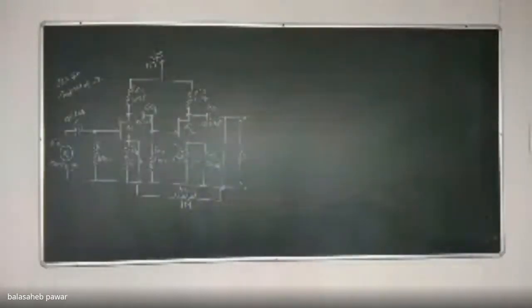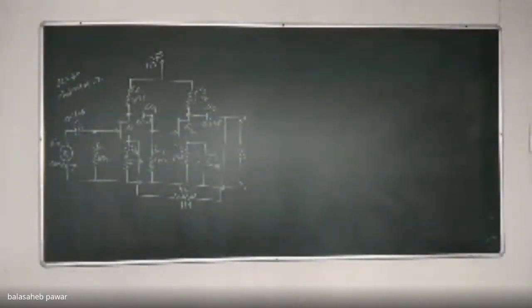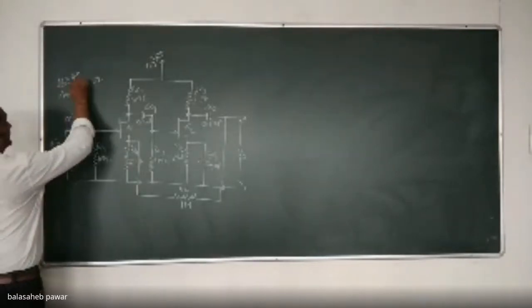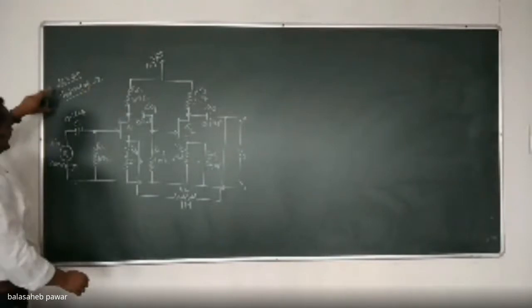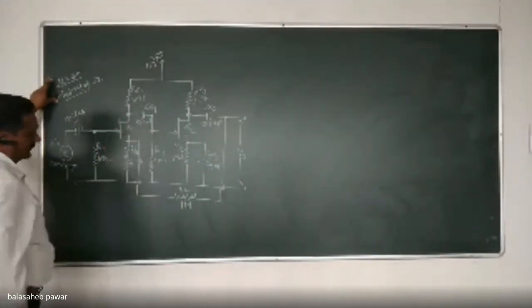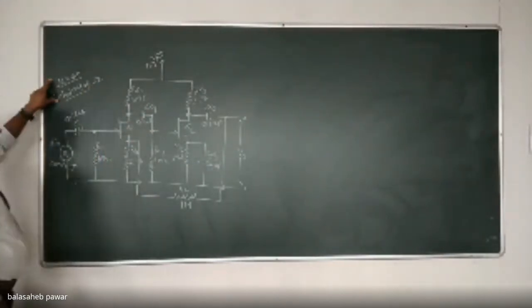Properties means, for example, threshold voltage, IDSS, then we can say its drain resistance, mobility factor, etc. are equal. That's why in the numerical it is mentioned the mobility factor, that is mu, is 70, and small rd, that is 40 kilo ohm. This is applicable to both transistors Q1 and Q2.